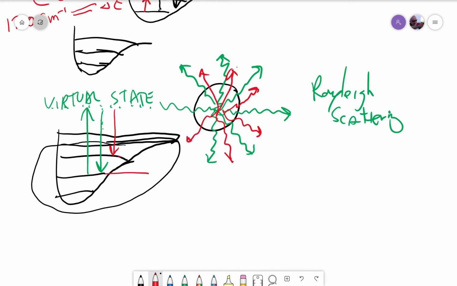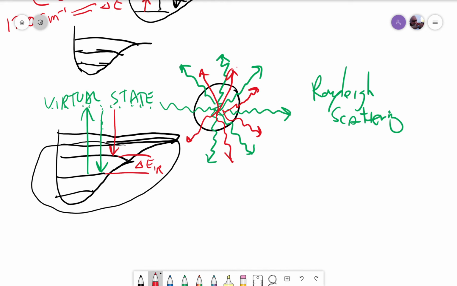It would be less by some delta E, specifically the delta E of the vibrational state. So if we had a non-resonant photon go in, and when it was re-released, it fell down to a higher lying vibrational state,